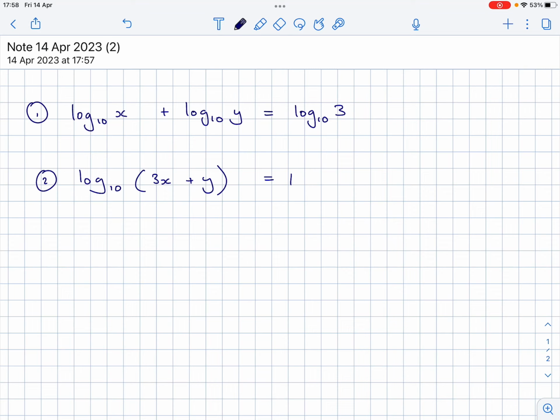There's not a huge amount that is actually logs in this, but there's a key concept that I feel students muck up over and over again. It's the idea that when you apply a power, or pretty much any function actually, but in particular a power or a logarithm in this case, you have to apply it to the whole side, not the individual terms. So we apply this to each side